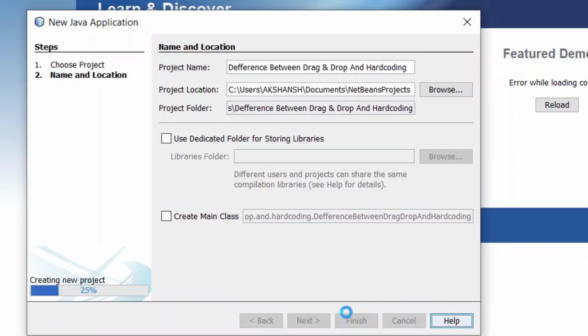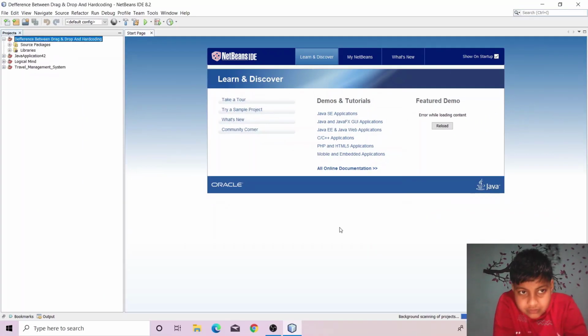So now I'll click on Finish, and it's creating my project. We have to wait, and the project is created.